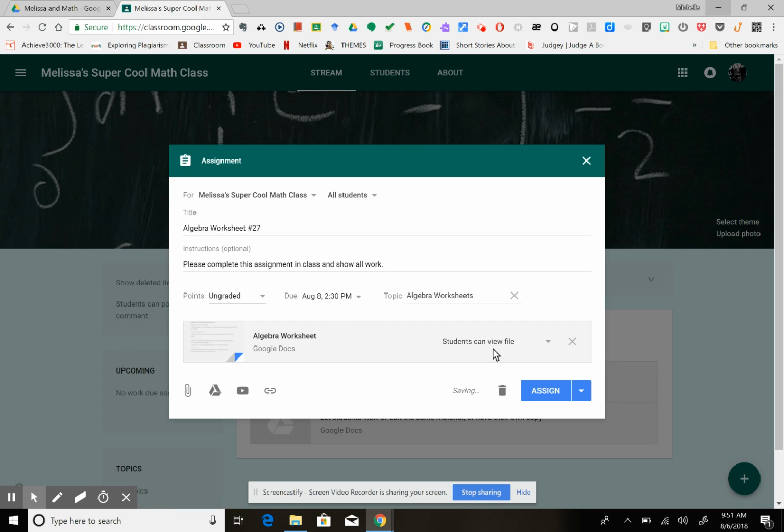Right now, the students can view the file. You want them to complete it. So you're going to do the drop box and say, make a copy for each student. This generates a copy for each individual student with their name already assigned, okay? You have the option of assigning this or scheduling it for a later date. So if you want to get all your worksheets uploaded over the weekend, you could do that, or you could assign it immediately. So if I hit assign,